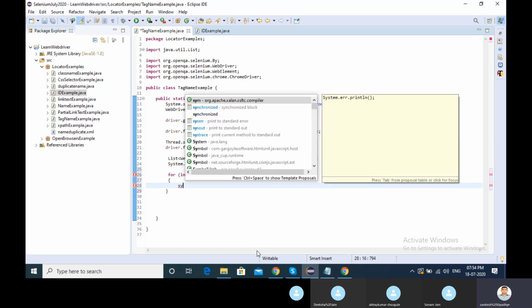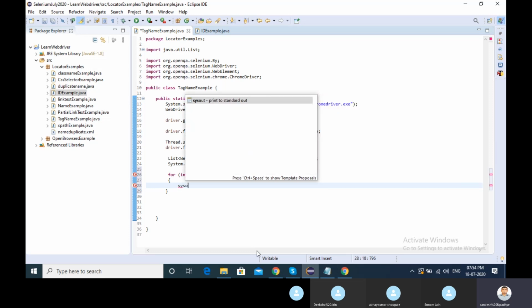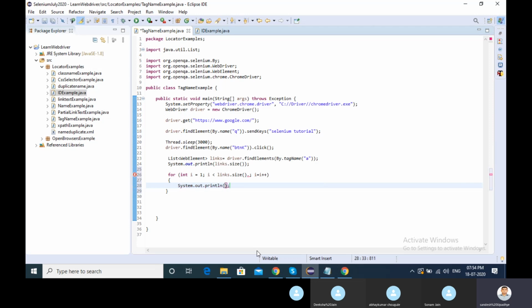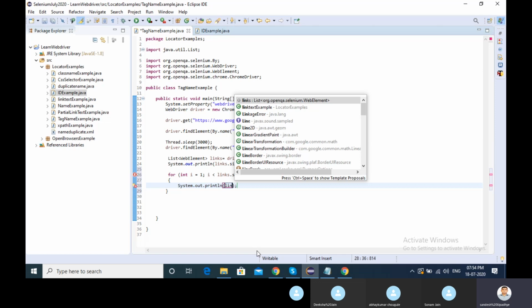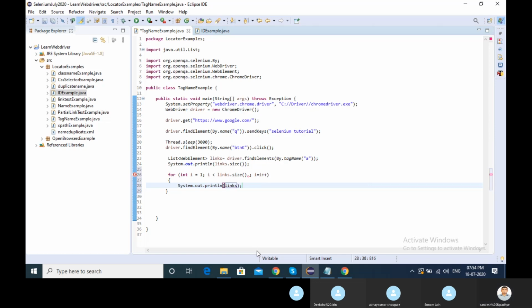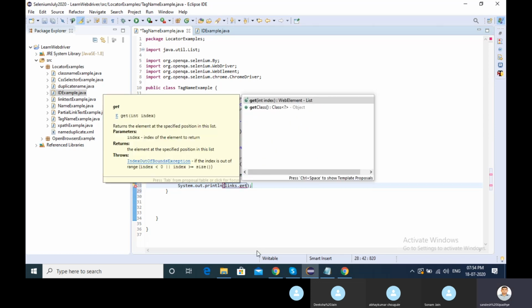If I type SYSO, the System.out.println statement comes automatically, no need to write it. Links dot get is one function.